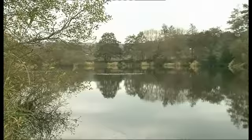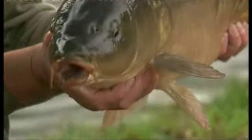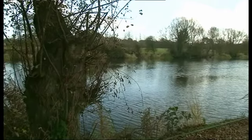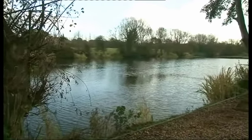The old Leanies are stunning anyway. What's the score on them? How long ago? How old are they? 1961 they went in here, so they're 51 years old, best part of. And they're all stunning little scaly fish, and they are still quite little. I think the biggest one's about 25. How many's left? Sorry to interrupt you there, but how many's left? 12 to 15 probably. They're not quite sure because obviously being 51 years old, yeah, they're dying,